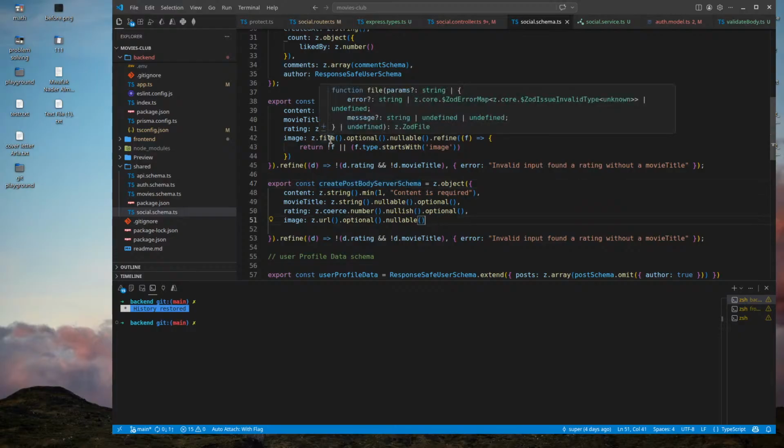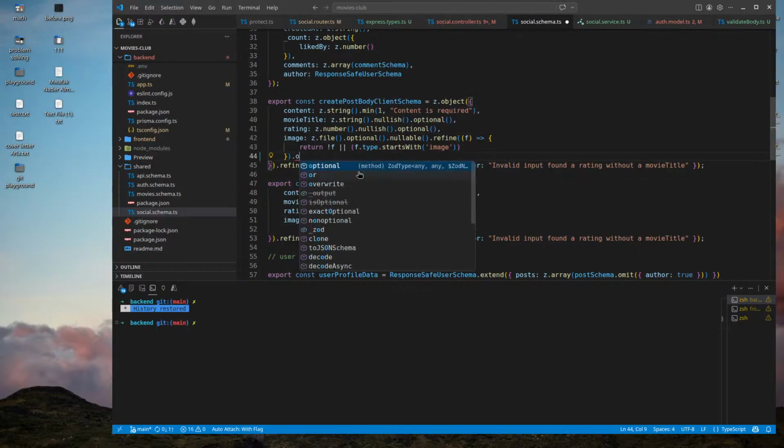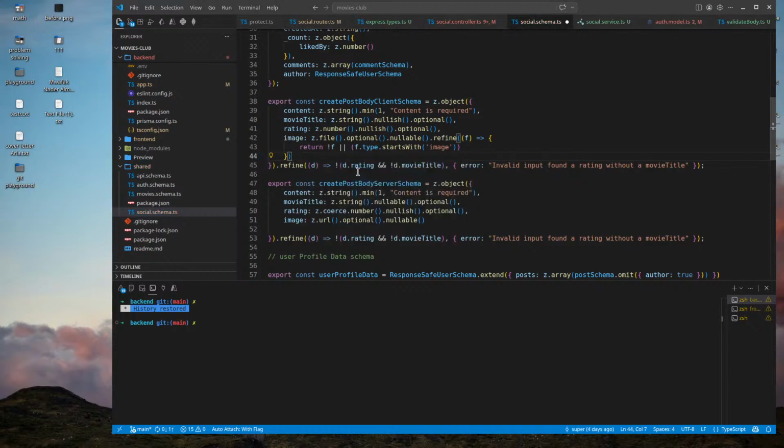I could use or. But if I used or, this means that a client could send in a file to the server, and this is not the case.